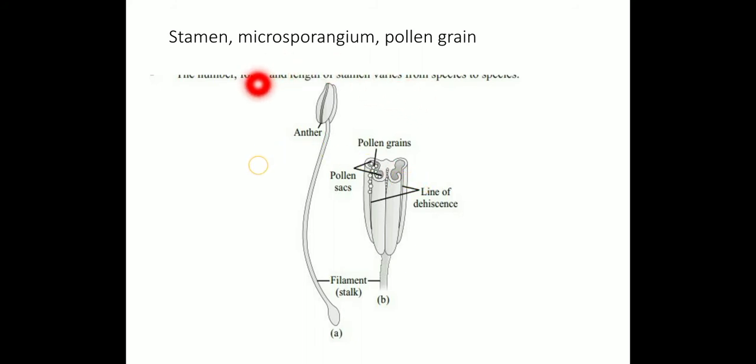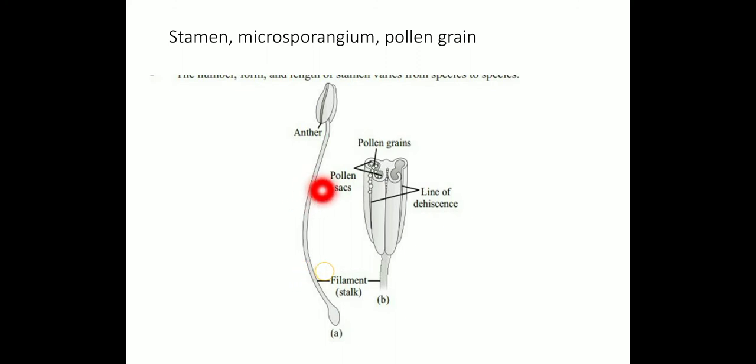As you know, androecium consists of the stamens. A particular stamen consists of two parts. One is the anther. The upper part is called anther, and this lower part is called a filament. This anther is a bilobed structure. It consists of two lobes in which the pollen grains are produced, while the filament is an elongated slender stalk which remains attached to either the thalamus or the petal. This lower end is attached to the thalamus or the petals. Elongated stalk, this is the filament.